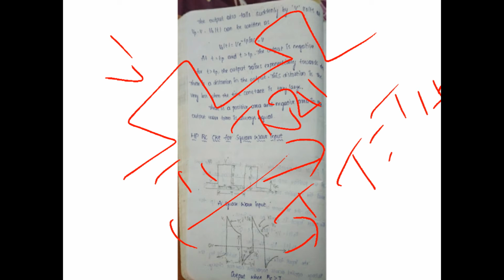Here is the high pass circuit under different steady state conditions. The different steady state conditions are nothing but RC greater than T and RC less than T. For these, the output consists of positive and negative spikes. In the case of RC less than T, the amplitude of the output does not change. It remains in a constant condition. Now we are applying the other condition, that is RC greater than T.